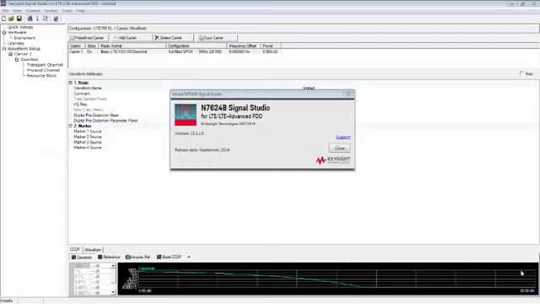Video, I'm going to demonstrate some of the N7624B Signal Studio's basic capabilities to create and customize LTE waveforms to characterize the modulation performance of your components and transmitters. Error vector magnitude, or EVM, also called relative constellation error, is a key modulation analysis measurement used to quantify